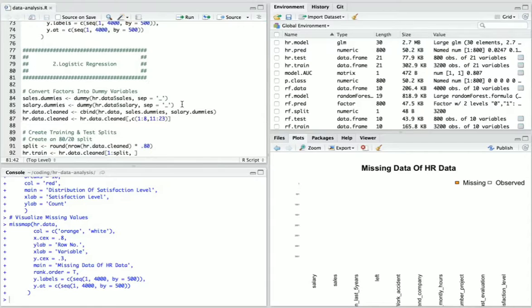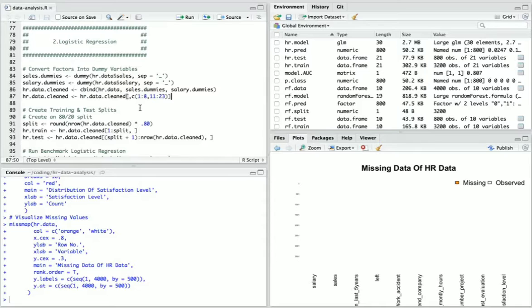So I mentioned the dummies package earlier for creating dummy variables for factors. So that's what I'm doing here. Sales is a factor. There's about 10 departments, and salary has 3 levels. It has low, medium, and high salary. So I'm converting those into dummy variables of ones and zeros based on what level that factor is. And then I'm combining it back into my HR dataset, so I have all those new columns now. And then after that, I just reassign my HR data to only the columns I need. I no longer need the original factor variables. I just need the